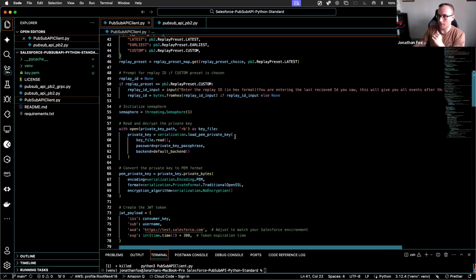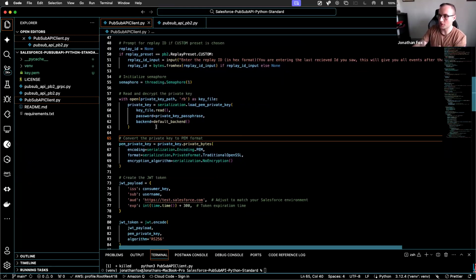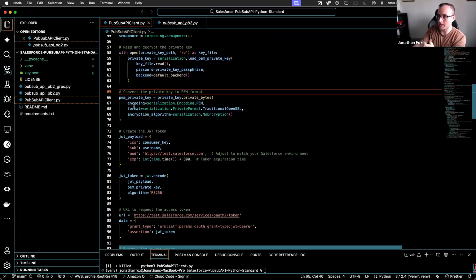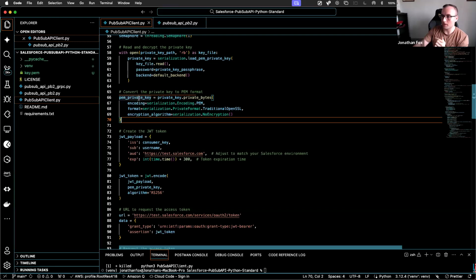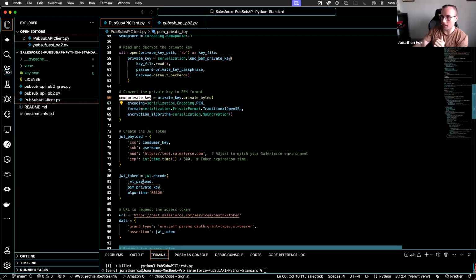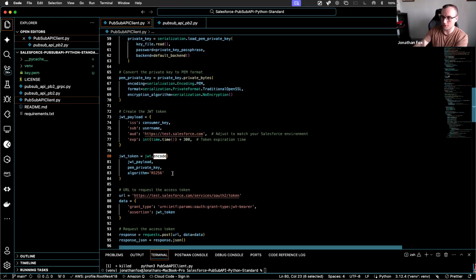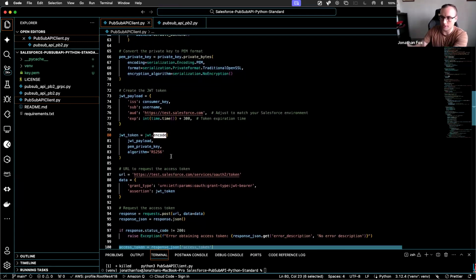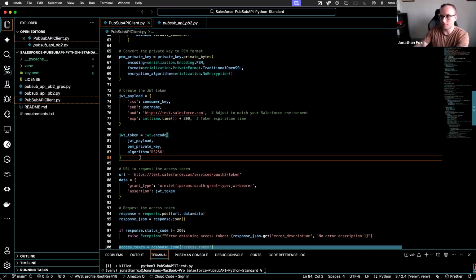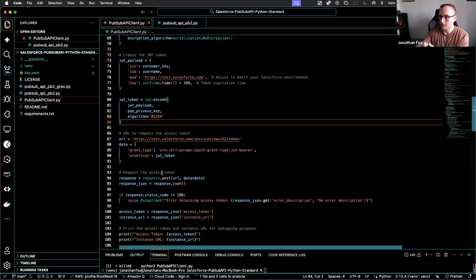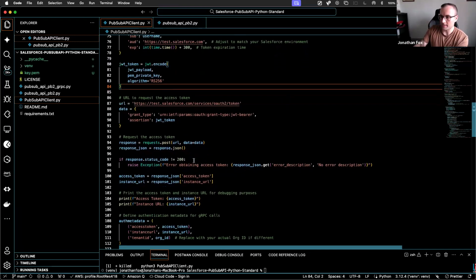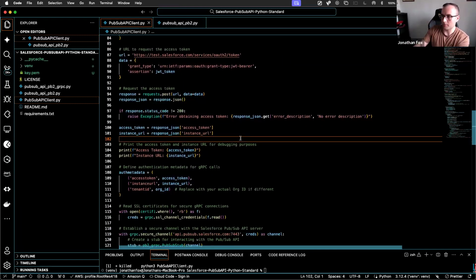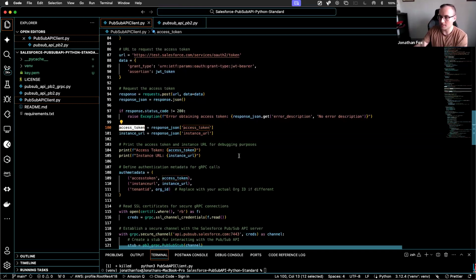But what we actually need to be doing is the first thing, which is authentication. And you can see here, I'm using my certificate, the private key, to create the JWT token payload. I'm encoding the JWT token. That's just general. That's how you do it. You could do the same in Python, Node.js, Java, whatever you want to use. But what I'm going to be doing is using that request to authenticate through my Python application. I need to authenticate and get an access token, because that access token is what's going to be used from there on in the PubSub API.